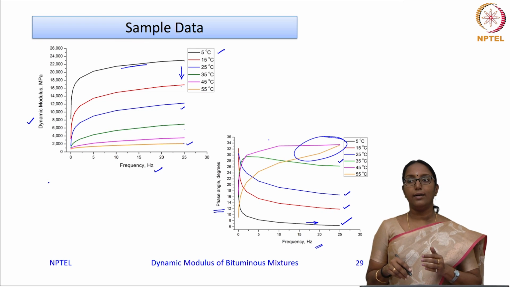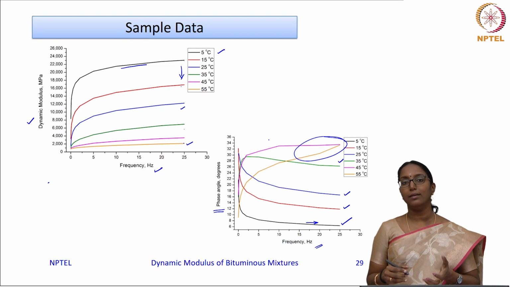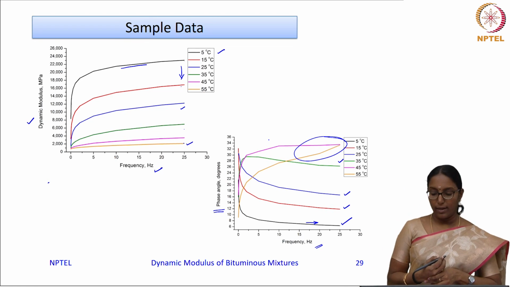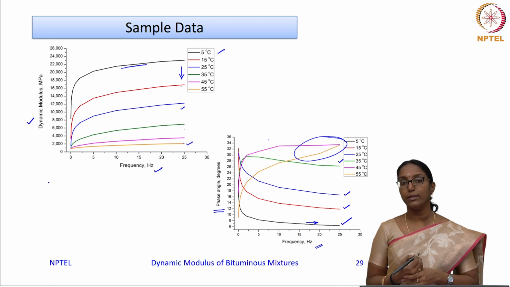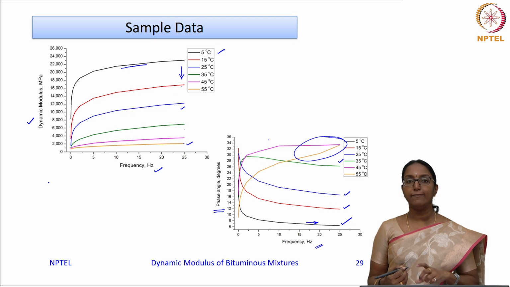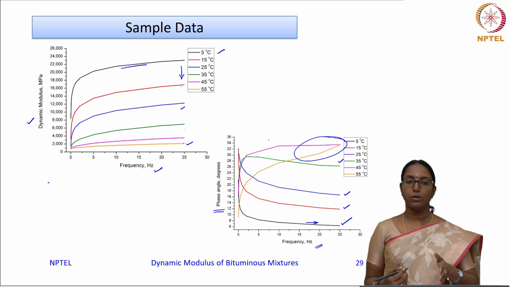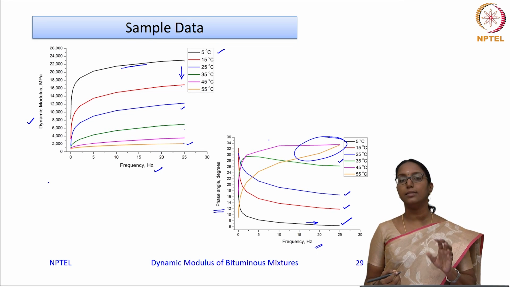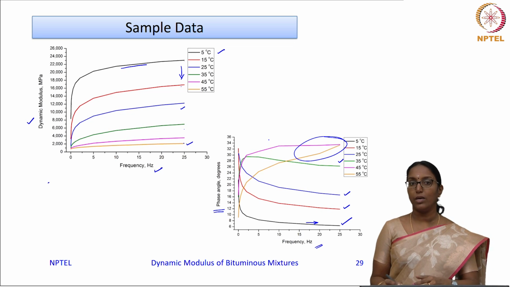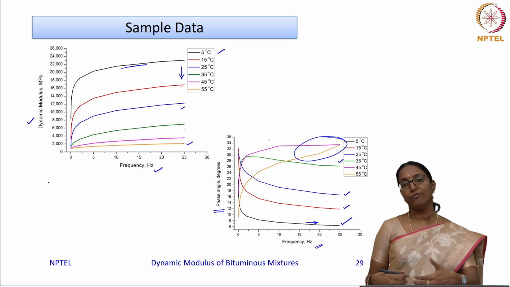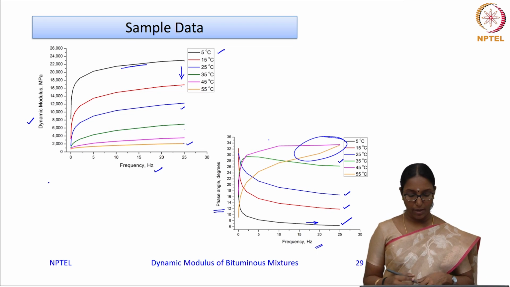So, this is something which the material response is all about. This is a complicated behavior. At higher temperatures, though we do the test at lower strain levels of say 75 and 125 microstrains and expect that the material is in the linear viscoelastic regime, it shows such behavior as well. So, one has to be very careful in interpreting the data.